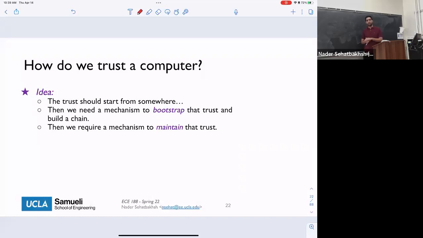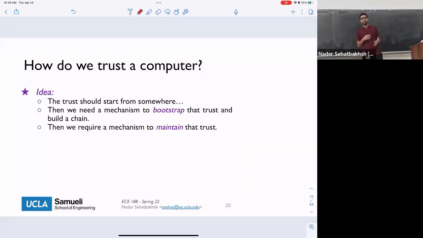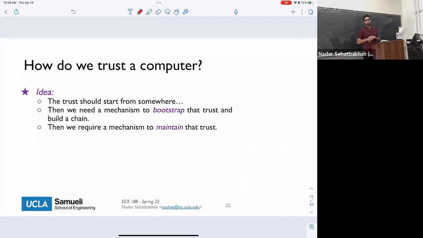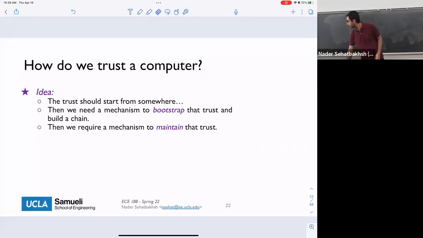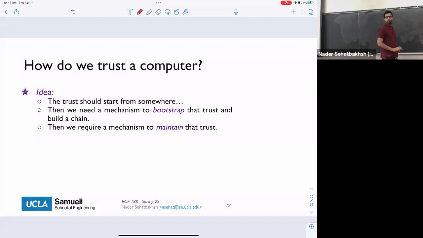All right, so now it's time to switch gears and go back to the stories that we've been telling so far. We want to talk about what's called trusted execution environments. Maybe we'll have a 2-minute break before we jump into this one.